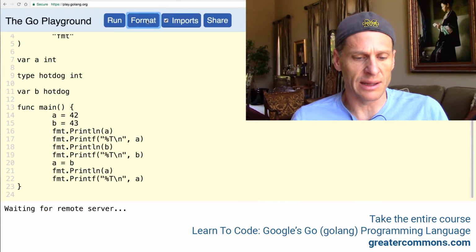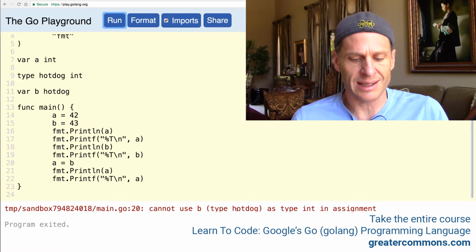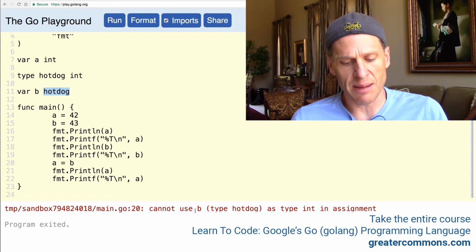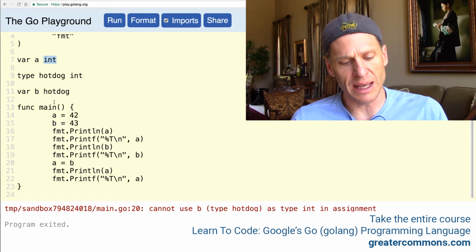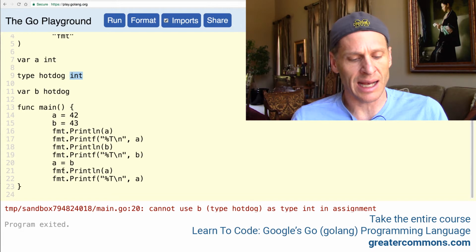Here, this does not run. This code does not run because B is type hot dog, and you can't use type hot dog. Variable B is of type hot dog. You can't use type hot dog and assign it to a variable which has been declared to be of type int. But we know that type hot dog's underlying type is an int,